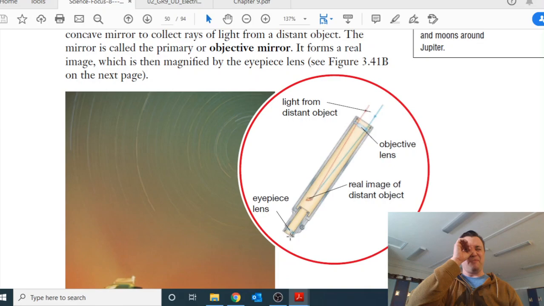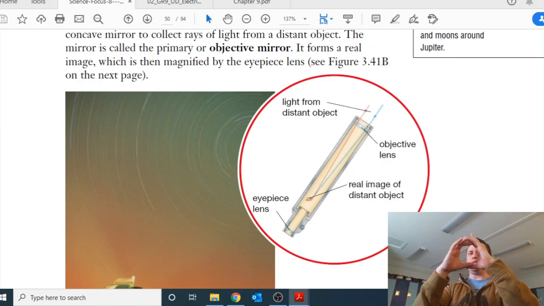Now, I can remember having one of these as a kid. They're not all that complex, and generally speaking, their tube size is quite a bit smaller, which is nice. They're more portable. They're easier to set up. So these guys usually are a little bit cheaper when it comes to buying them. The ones that people who really like to look at stuff up in the sky would buy these days are